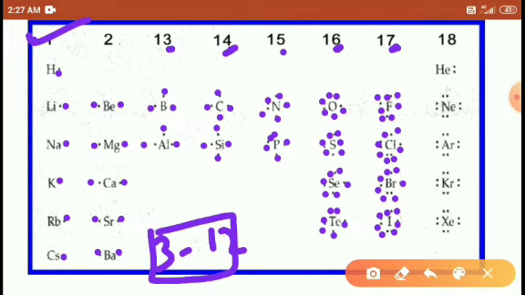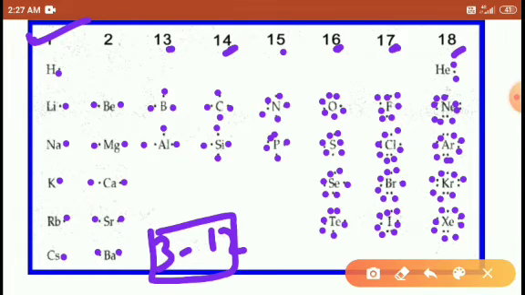Group 18, here it is 2, as yesterday we discussed why it is kept separate. Next, group 18: 1 2 3 4 5 6 7 8, 8 valence electrons. Right students, the second digit is 8, so that's why it has 8 valence electrons.